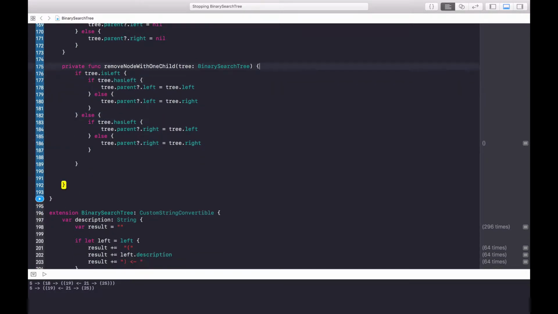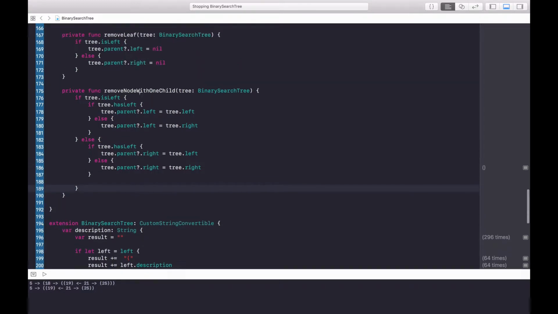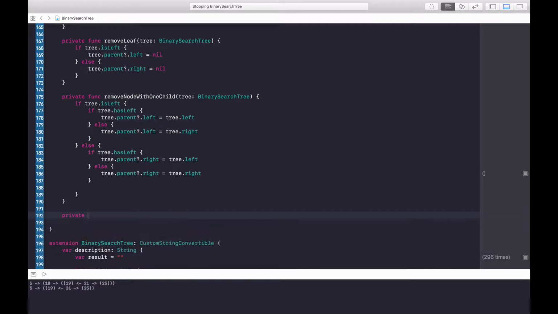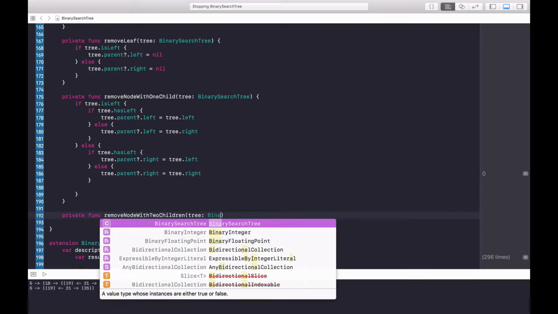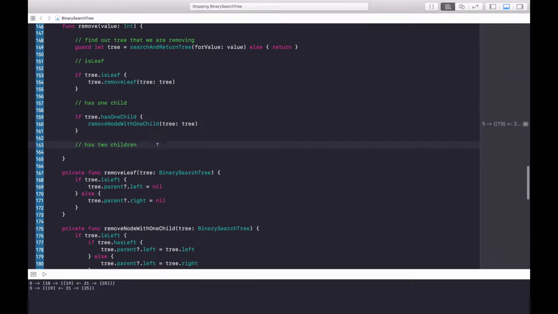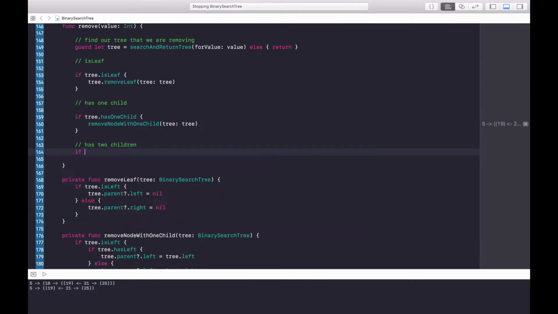I'm not going to, because for the sake of time, we need to get into removing a node with 2 children, and this is a pretty complicated case, so it's going to take a little bit of time for us to get done. So remove node with 2 children, tree, binary search tree. Okay, so let's go back up here. And we need to say if tree.has2Children,